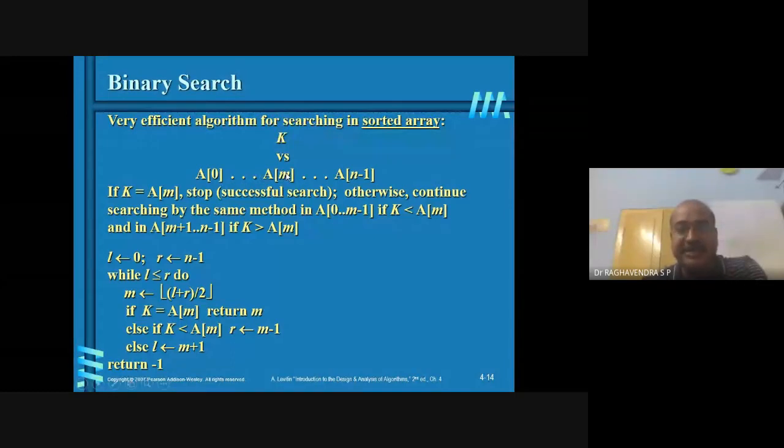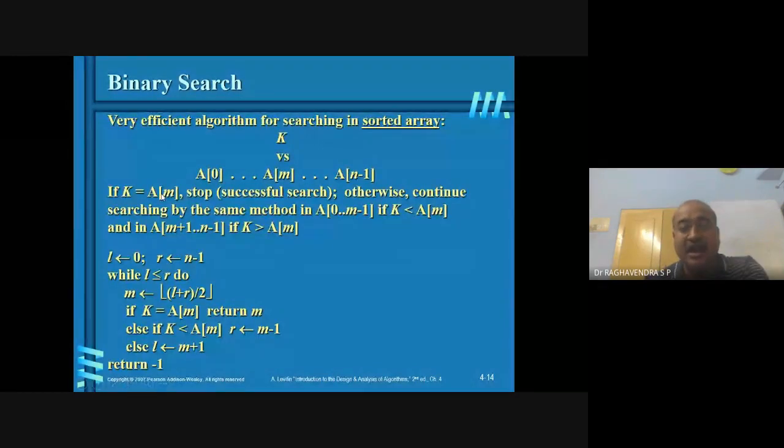When we are making a comparison, the key will be taken as an input. This key element will be immediately compared with A of mid. The first comparison will be made with respect to the mid element. So divide the entire array once again into two halves, first half and second half, and when you compare, the exact in-between element, A of mid, will be compared. If it is successful, the algorithm will immediately stop by returning that the search is successful.